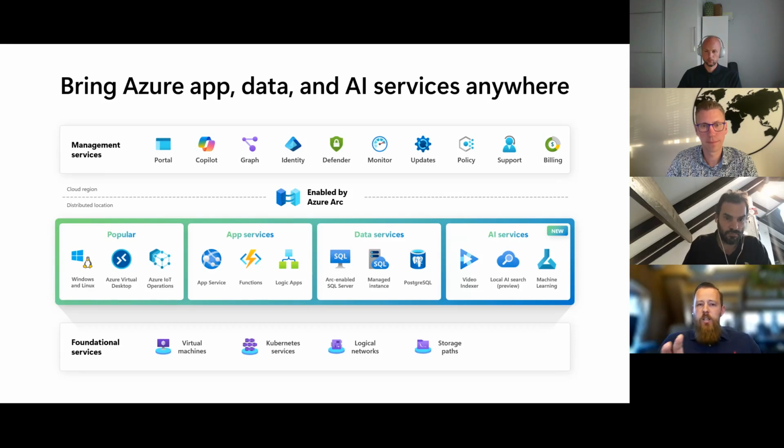Looking at the top of the slide, you see some other integrations. These actually come from the Azure Public Cloud. Looking at identity, Defender, monitoring, these are all services that run in Azure Public. They are just connected to Azure Local, so these do not run on Azure Local itself. It just communicates with the Azure Public interface and then leverages these tools. So your monitoring metrics are uploaded to Azure, to your Log Analytics workspace. Your user and customer data will stay on-prem. That doesn't get sent over. And that's what we do with the entire platform.